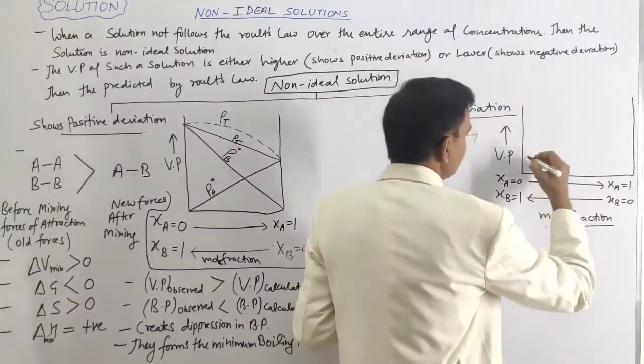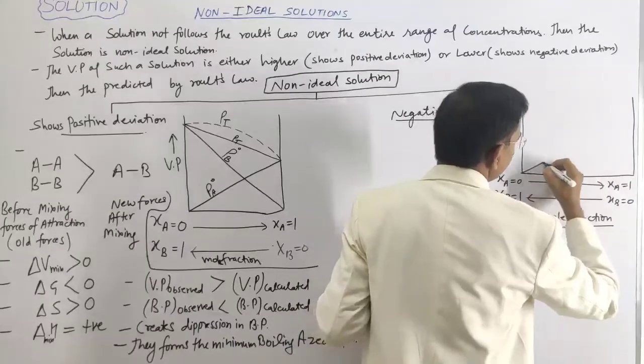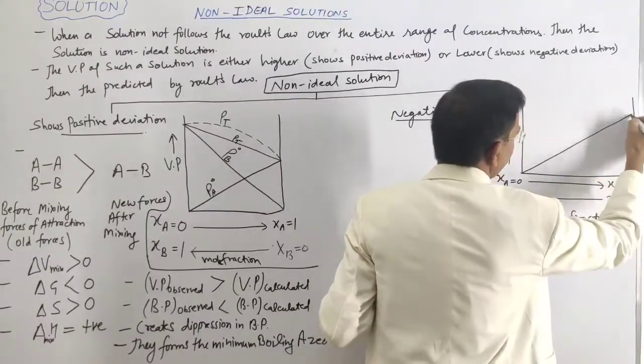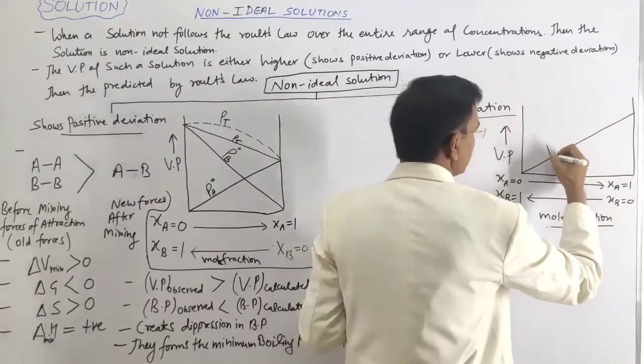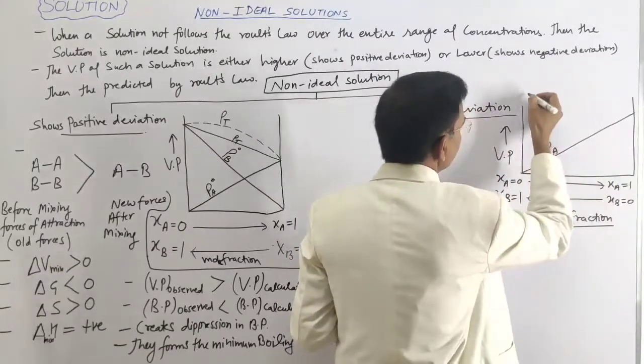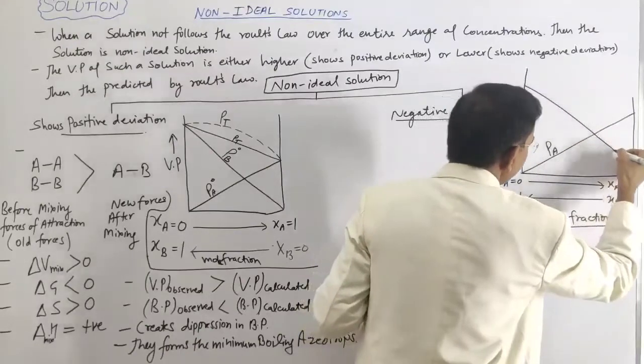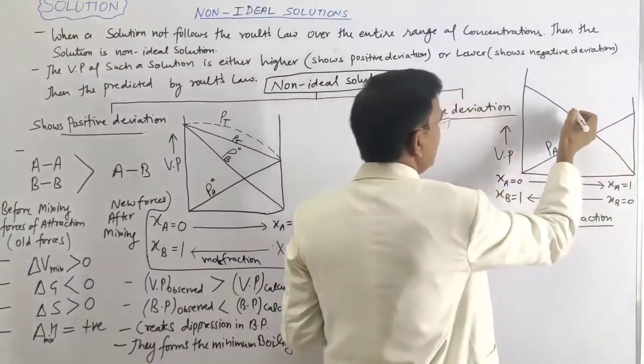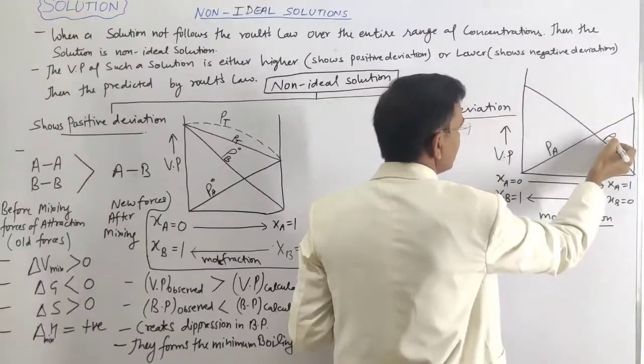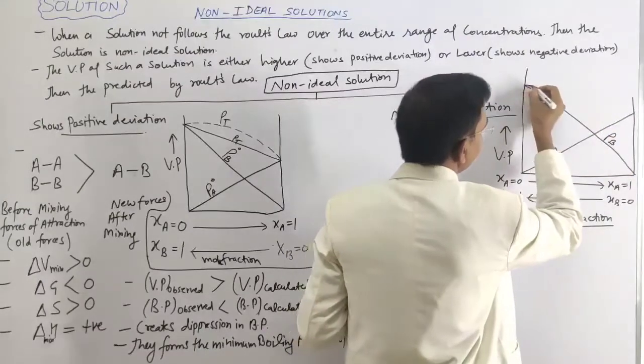Here the vapor pressure, let's suppose this is for the XA, so PA is there. Now suppose here is the XB, so PB is there,